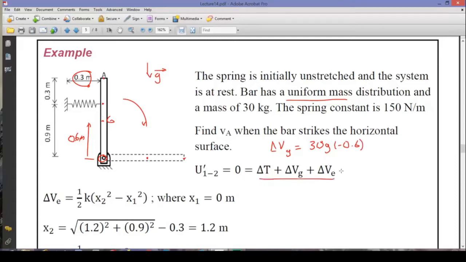The energy is conserved, so I can say in this equation delta E, the change in the total energy, is equal to 0. Initially it's at rest, so when we are saying delta T, actually we are asking to find the kinetic energy in its final condition, TF. We are trying to find out TF, and TF could be calculated as 1 over 2 I,